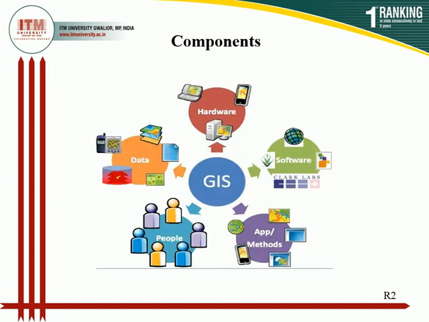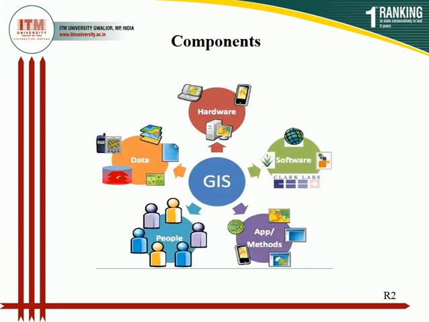Now software. Software is a tool which provides different techniques to run and edit the spatial information. It helps to query, edit, run and display the GIS data. A few GIS software are ArcGIS and QGIS. Software provides the information and tools needed to store, analyze, and display the geographic information.